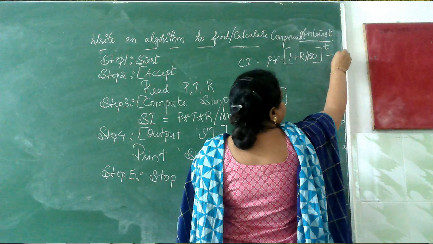So we will write an algorithm to find compound interest. And to calculate compound interest, we have P into 1 plus R divided by 100 to the power of T minus